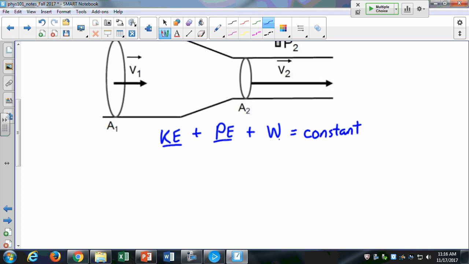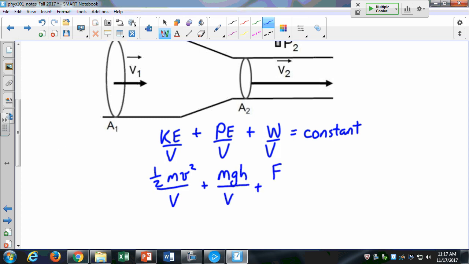Then if I think of energy per unit volume, that's also going to remain constant. That shouldn't surprise you too much, that the total amount of energy is constant. Also, the total amount of energy per unit volume remains constant too. So, 1/2 mv squared, that's kinetic energy, divided by volume, plus mgh, divided by volume, plus force times distance, divided